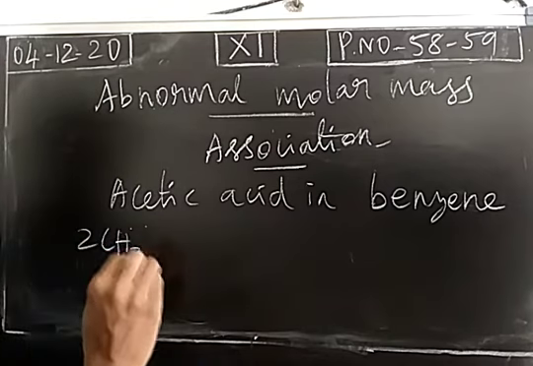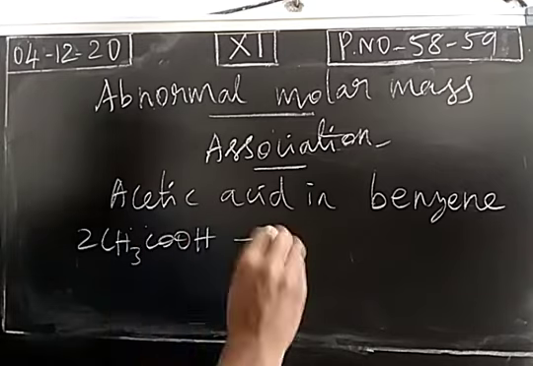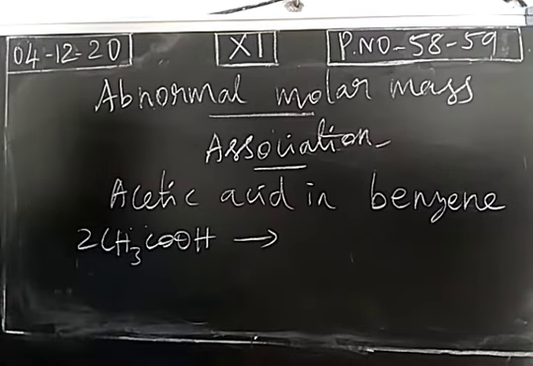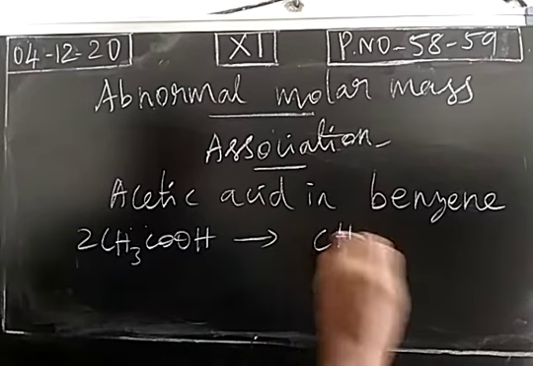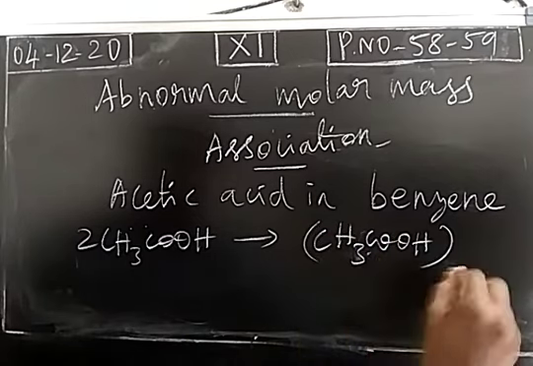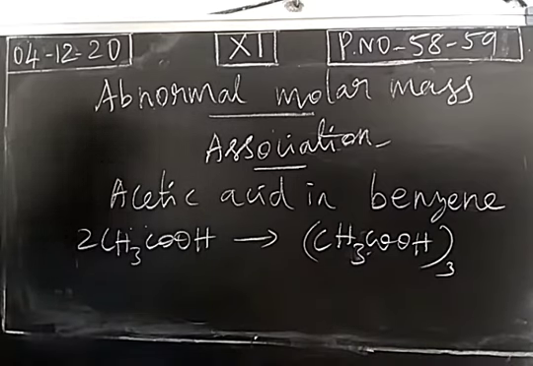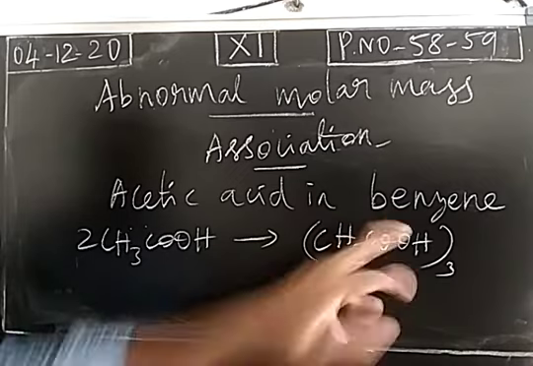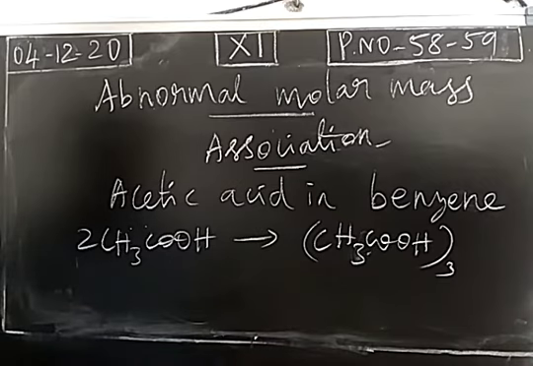So two molecules of acetic acid join together by intermolecular hydrogen bonding as a dimer. So due to this, the number of particles is reduced in the solution. So before the formation of dimer, if you assume that 100 particles are present, due to the formation of dimer, the number of particles is reduced. Totally 50 particles will be there.